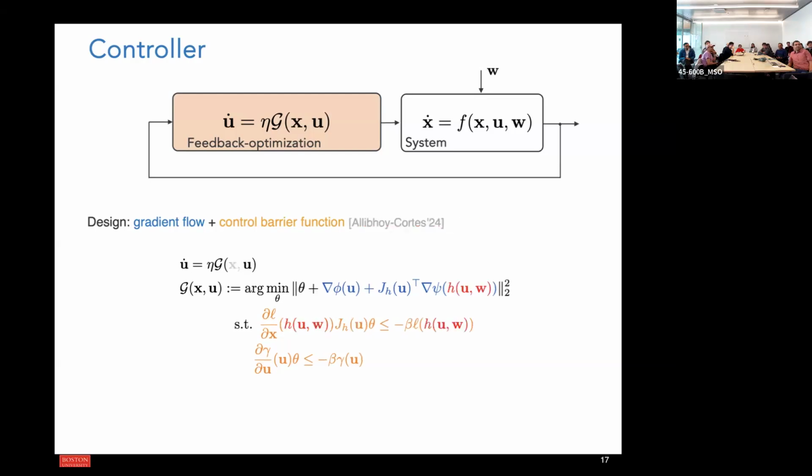Basically the trick here is just to replace this algebraic expression, h of U and W, with a measurement of the system. So essentially you remove W. This is just getting the information through measurements, and we used to do that with state estimation long ago with observers. I think this is a really interesting question when we want to do machine learning and control. You always say, okay, I don't know these mappings, I don't know these models, and I'm going to just replace them with some measurements. So I think this is a very hidden trick. But is there anything that may go wrong? I will show you that hopefully nothing goes wrong.